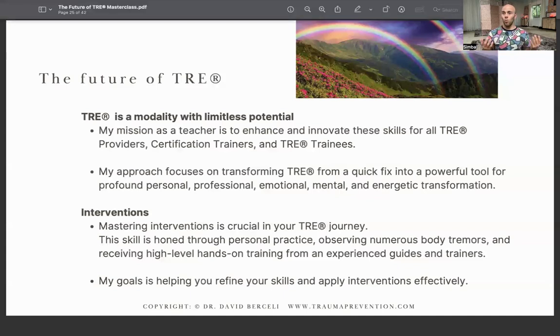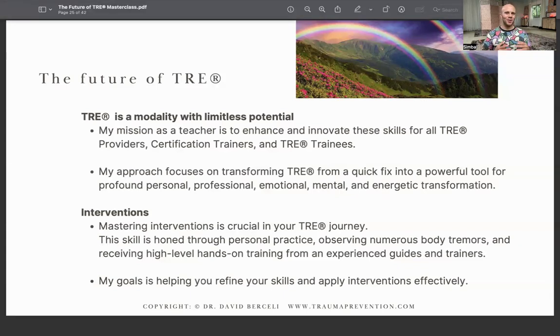So really that's the background of TRE and grounding and where it comes from. Where the name, the Future of TRE, the masterclass comes from is really what I would like to do from here and to help not just the modality move forward, but people practicing this modality to gain more understanding of themselves and to feel better and have more avenues of doing that. And I'm going to share a few more slides just for you to get an idea of how that can